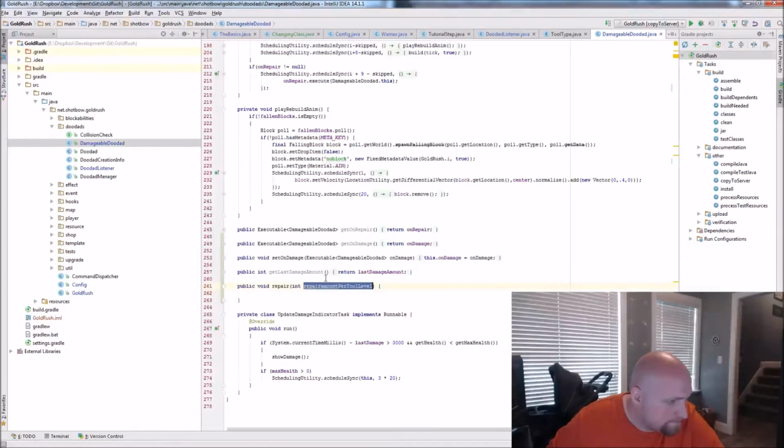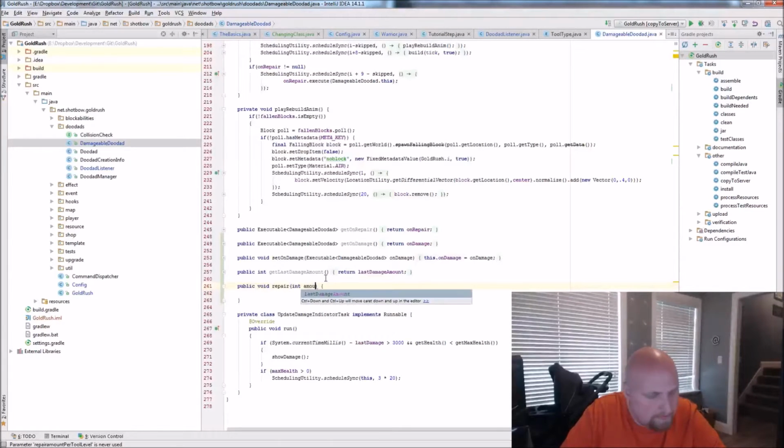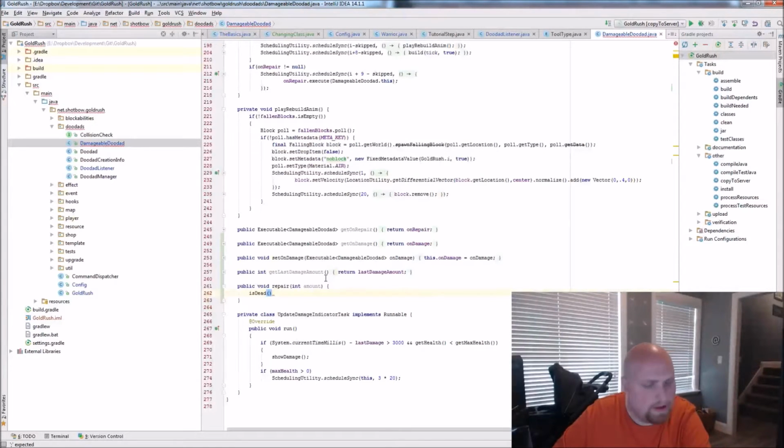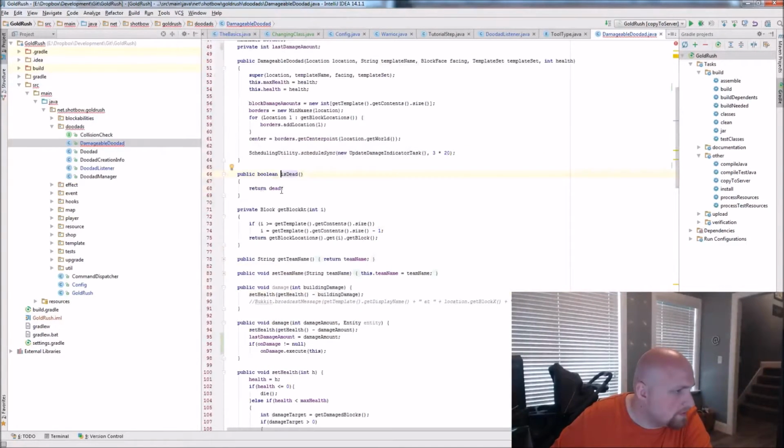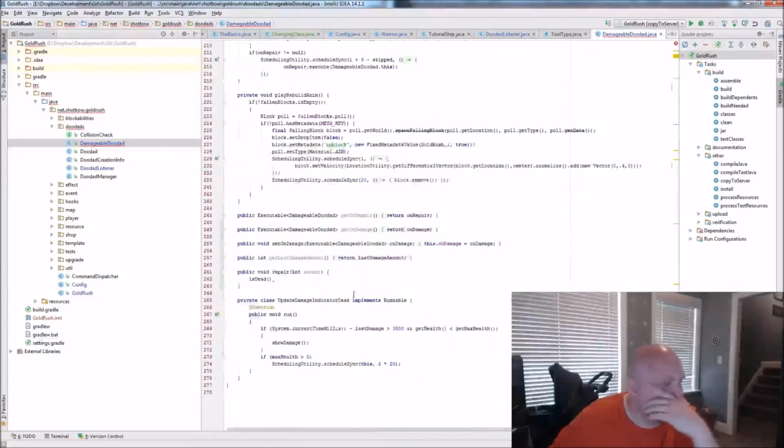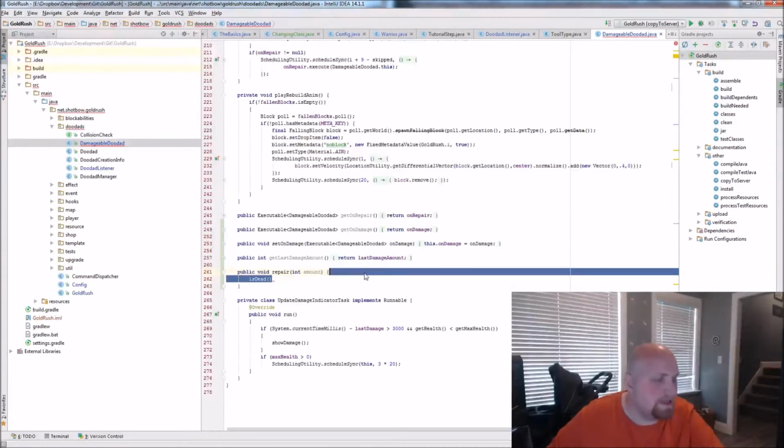int amount. So let me go to isDead real quick and see. Does that say return? Yeah, so dead is a boolean. Good, because I want to be able to repair its health but keep it as dead.